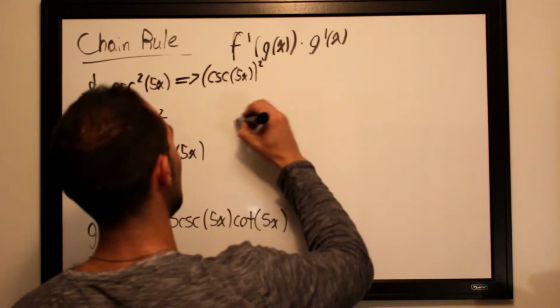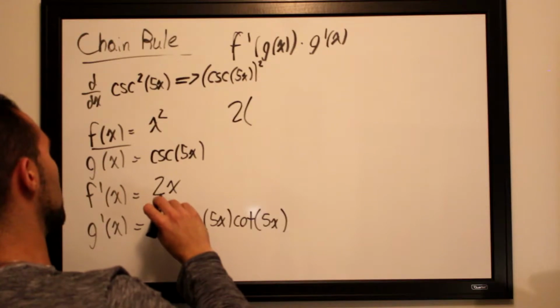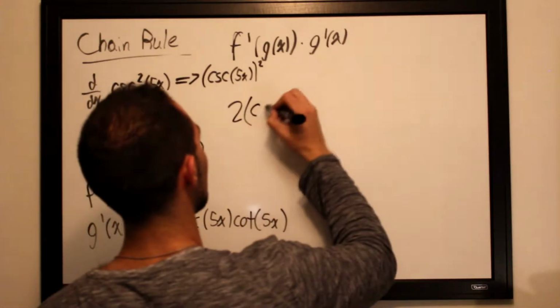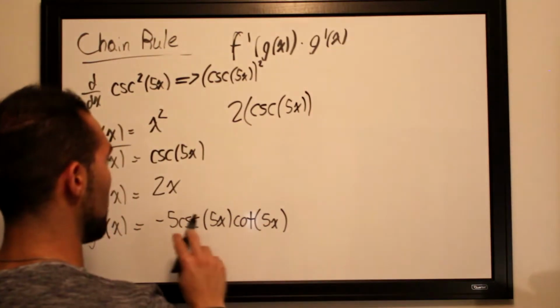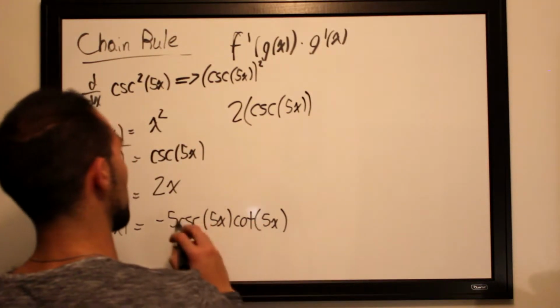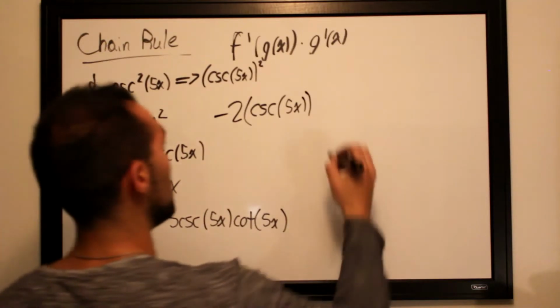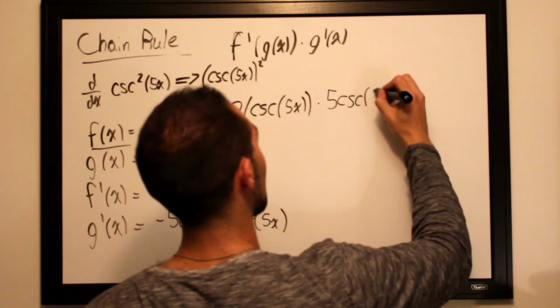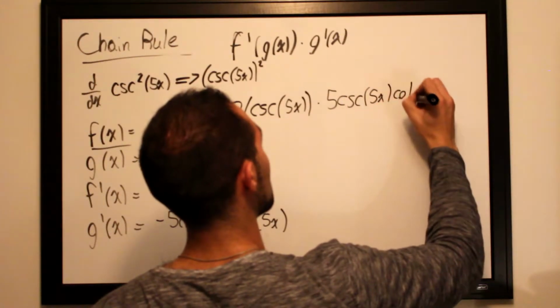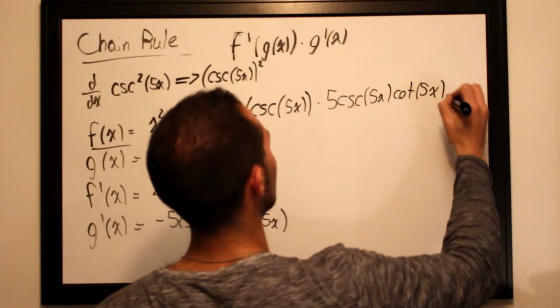So we got 2 multiplied by cosecant of 5x. All of this multiplied by this whole mess. So we can tack on the negative right over here, multiply this by 5 cosecant of 5x cotangent of 5x,